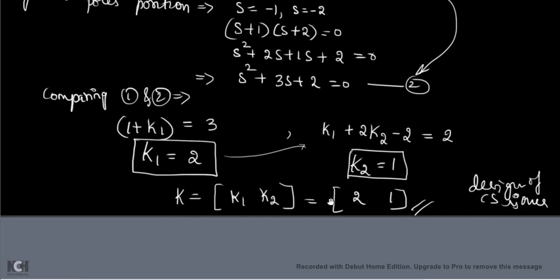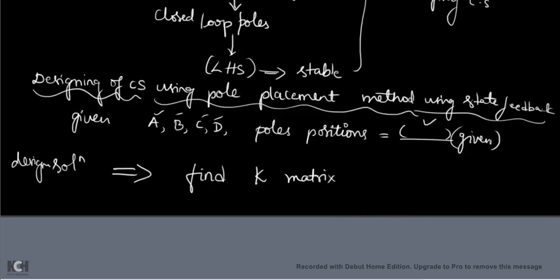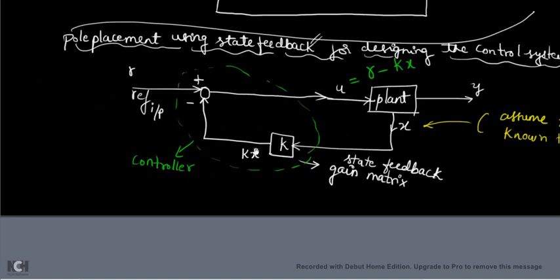After getting this K1 and K2, you substitute these K1 and K2 values in your block diagram. In this block diagram, you put that K1 and K2, 2 and 1 here, then you give the reference input, and your plant will work, and the system will be a stable system. Okay, so that is how you convert any unstable system into a stable system.